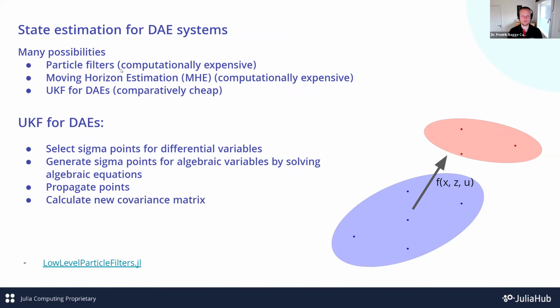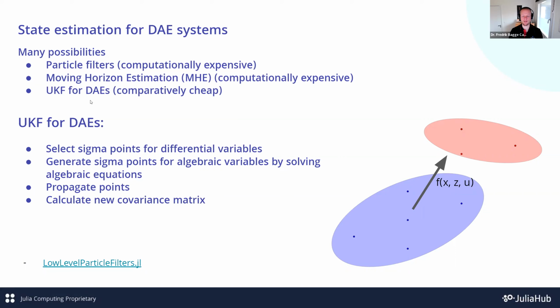Another option is to employ moving horizon estimation. That is essentially the dual of an MPC problem. So it solves an optimization problem at each sample time, similar to the MPC controller, and that's obviously also somewhat computationally expensive. A sweet spot for accuracy and performance that we have found is to employ the UKF for DAE systems, which